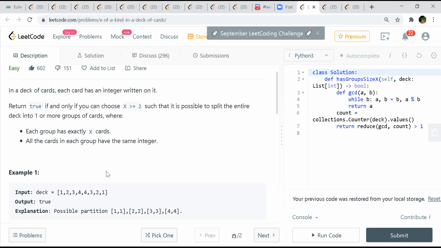Why didn't we just include them in one group, the 4 twos? If we include them in one group, the size of the group is not the same, because to form the group of 1, the size will be 2, and to form the group of 2, the size will be 4. So that constraint is where it's not working.